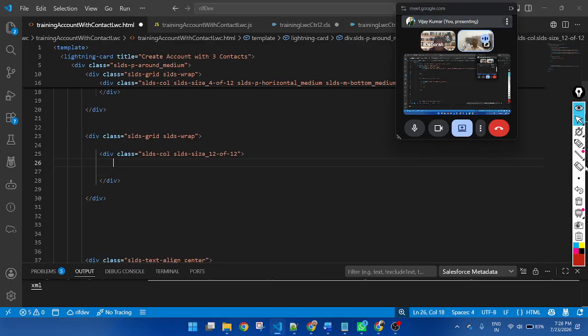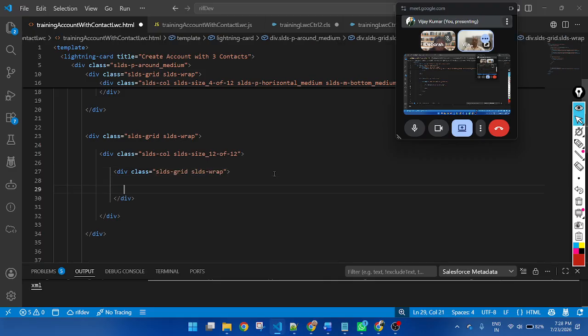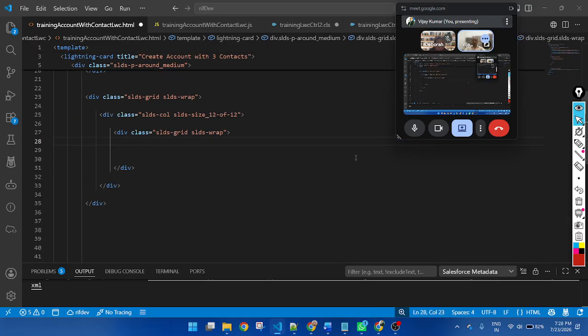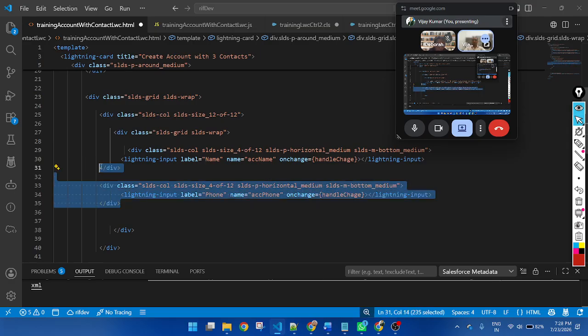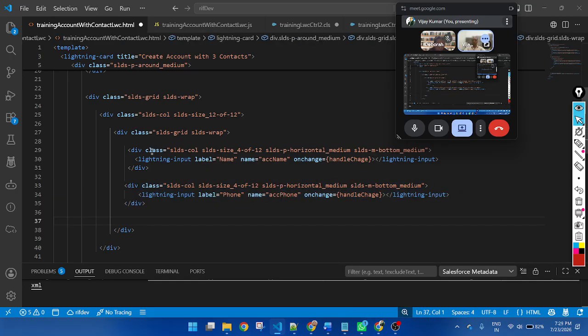Then another div, use the same, and inside this div copy this one. And here I am creating first name.